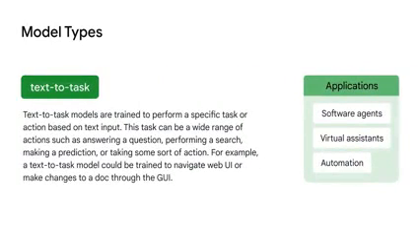Text-to-task. Text-to-task models are trained to perform a defined task or action based on text input. This task can be a wide range of actions such as answering a question, performing a search, making a prediction, or taking some sort of action. For example, a text-to-task model could be trained to navigate a web UI or make changes to a doc through